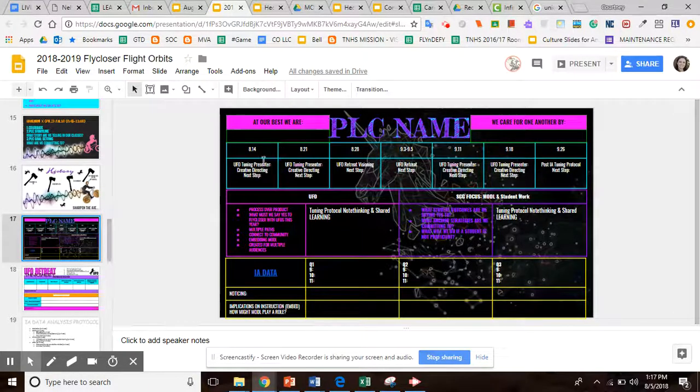The next step is this timeline here. We talked about making sure that we're staying focused on UFO tuning protocols and on what we're asking our students to do. But this is also a spot to customize. You all have different things going on in your PLC, but you need to have at least 2 people presenting what their UFOs are in quarter one. Some of you, because you have a larger PLC, maybe that's all you're doing. Maybe you're following exactly this. Sean, I know you said you like to have that kind of prescribed to you.